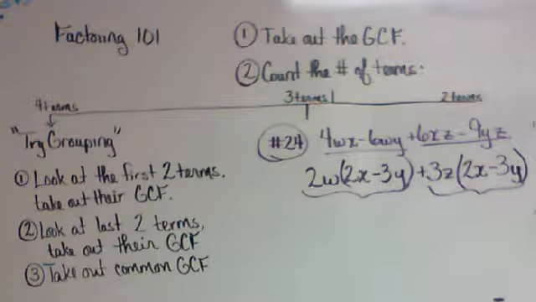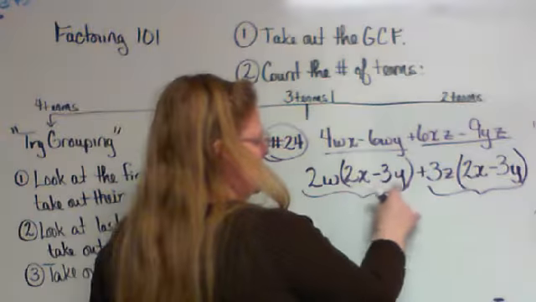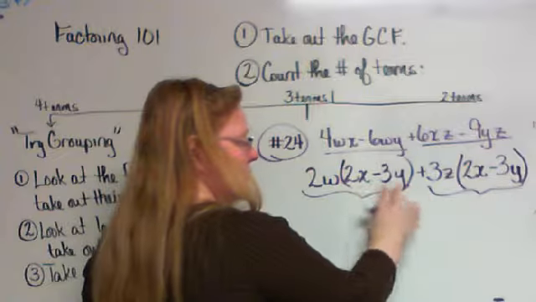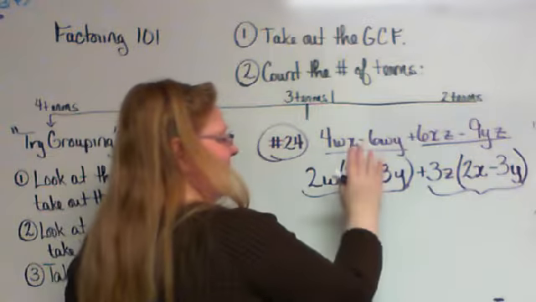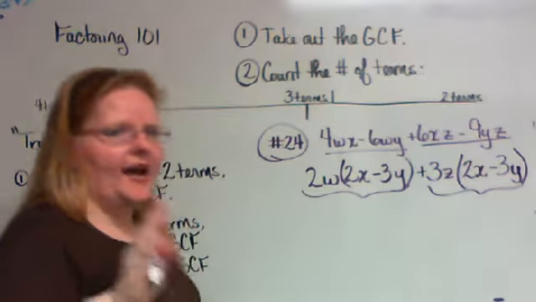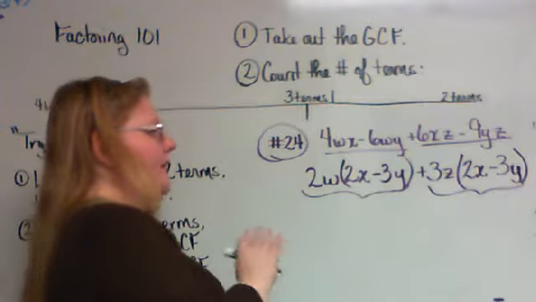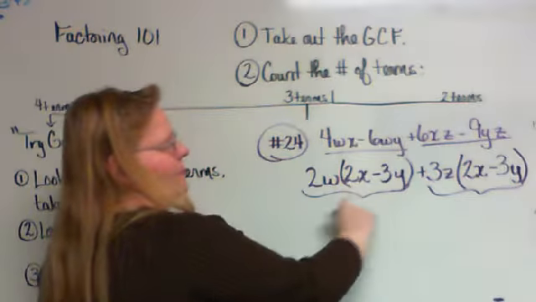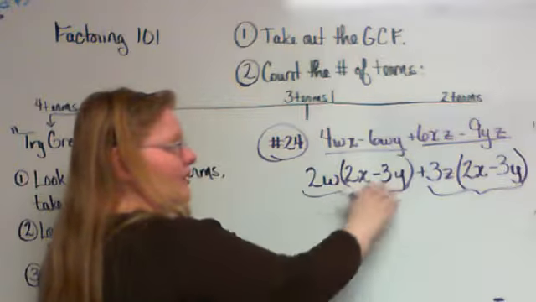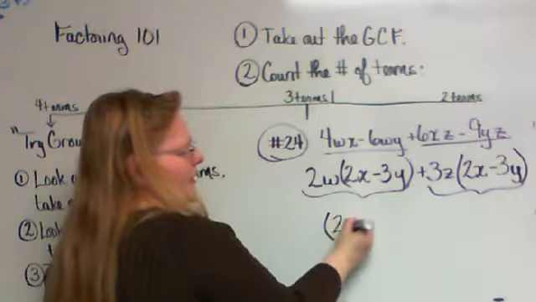Step 3 says to take out the common GCF. Well, since the stuff in the parentheses is in both, and since it is exactly the same, 2x minus 3y and 2x minus 3y, that means that it is like a factor. So I can factor that out because they both have it. So when I take that and make that my GCF,